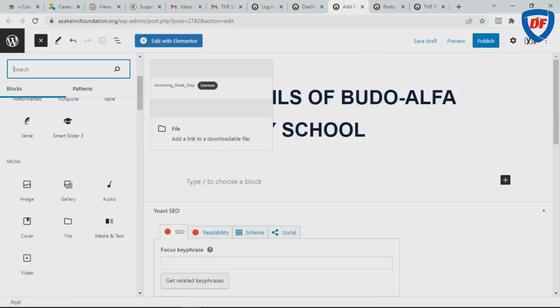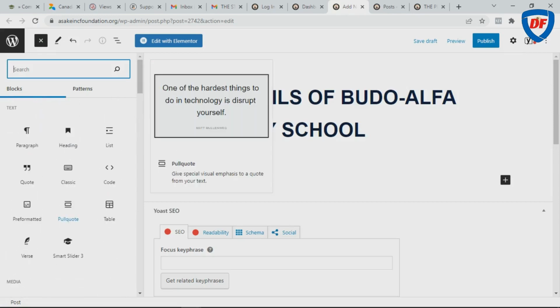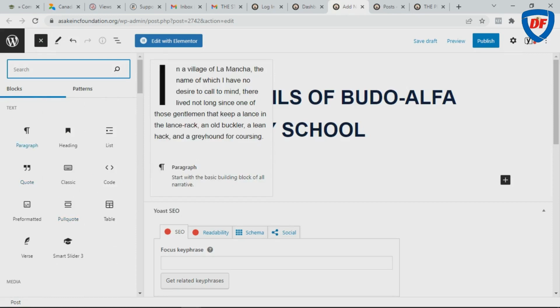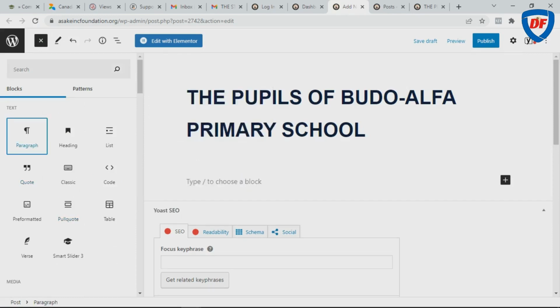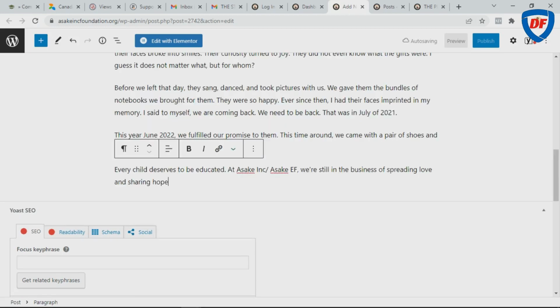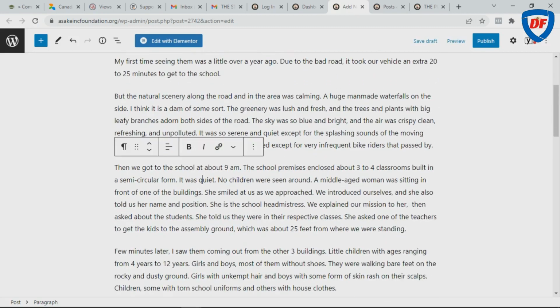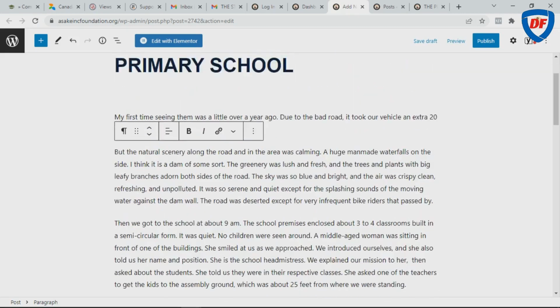These are the options that are available there. So let's assume that we are going to add a paragraph. So we are going to add this as a paragraph. Now that we have clicked it, you can see that it shows type / to choose a block. So you paste. Now you can see that it has been pasted right here. So here you have the body